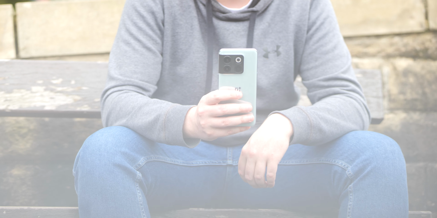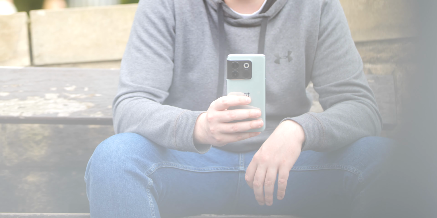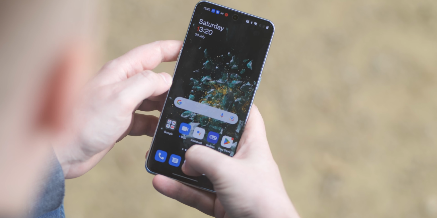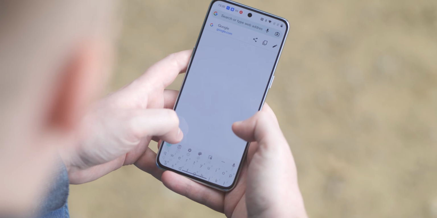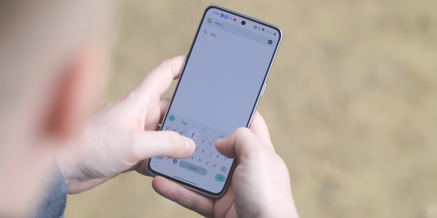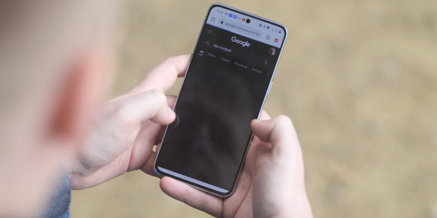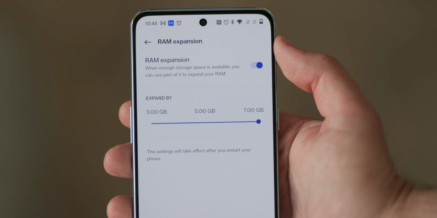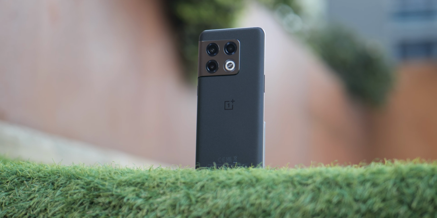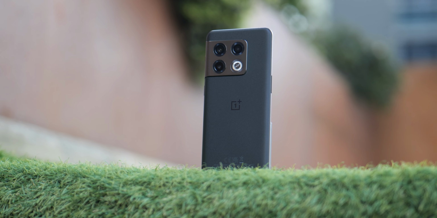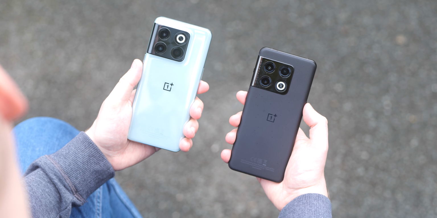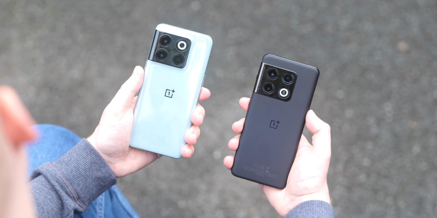The OnePlus 10T internals offer quite a step up over the 10 Pro. This is a newer device after all. A headline addition is the Qualcomm Snapdragon 8 Plus Gen 1 processor, the latest and greatest from Qualcomm, which does offer some notable performance gains. That's not all though, as you can even get a whopping 16GB of RAM option, which is the most on any OnePlus phone to date, at least as far as we're aware. You do get the advantage of a 512GB storage configuration on the OnePlus 10 Pro, if you really value onboard storage, but it is hard to deny that the OnePlus 10T has a more enticing set of core